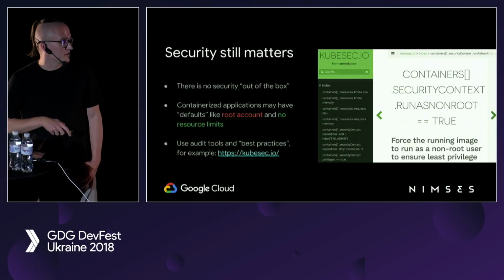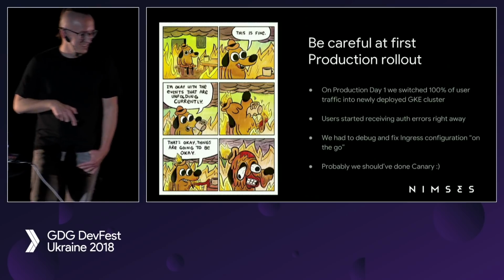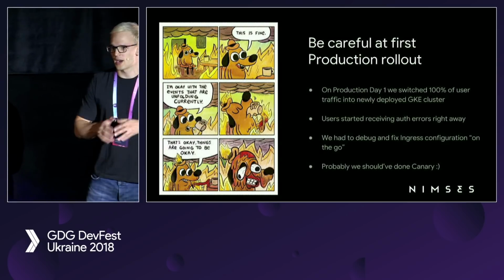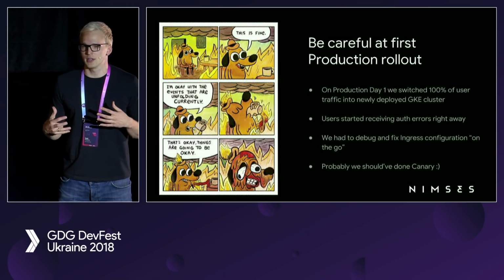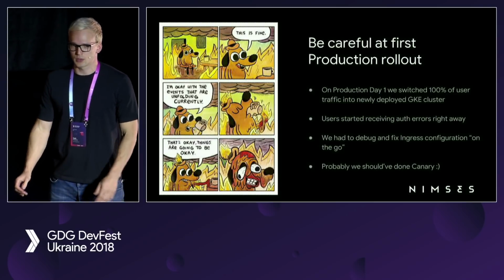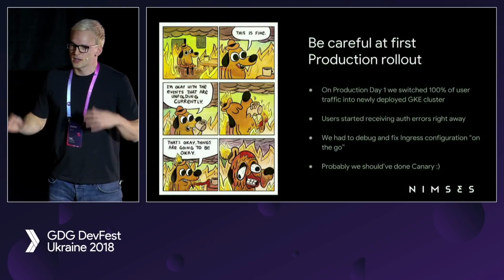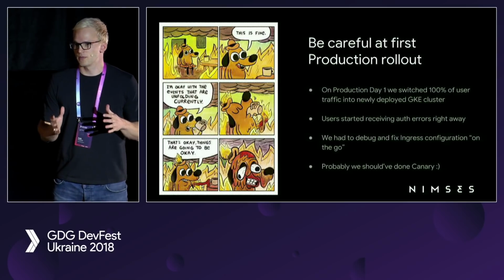And now my favorite story. The first day of production rollout. Yeah, we were so happy with our automation and the reduction of operation and management toil of the infrastructure for the microservices that we switched the whole traffic at once for the first time. I mean, because they are very brave. Yeah, first 100%